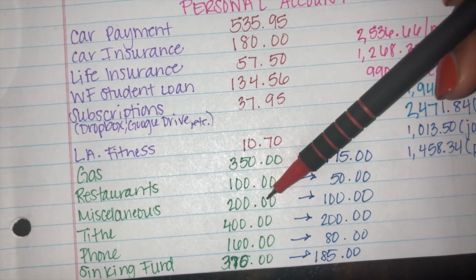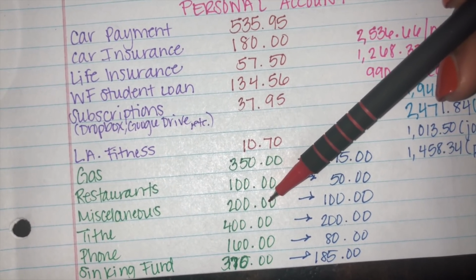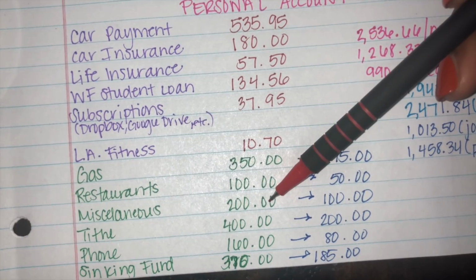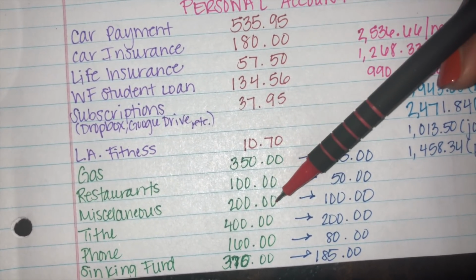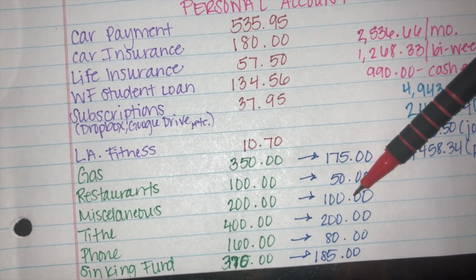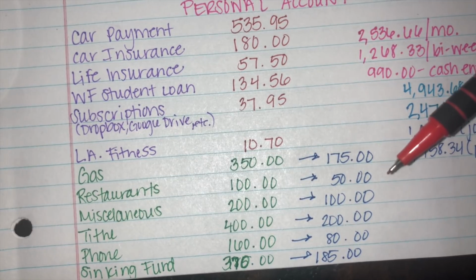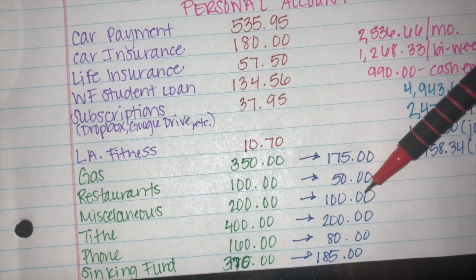Our miscellaneous money is just for me to spend on me how I want to spend, so my mommy guilt doesn't take over and I can go ahead and spend some money on me if I want to. So I budget $200 for the month. I give myself $100 every pay period. What I've been doing recently is spending 40 of those dollars on my copay whenever I go to the doctor